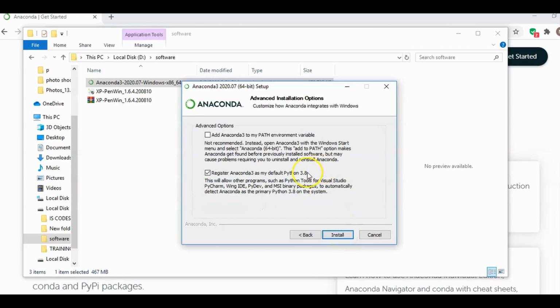Then click on next. The next page is to customize a few things. This Anaconda 3 by default installs Python. Here the version of Python is 3.8. This is a mandatory one. And this one you can either click, but it is not recommended. If you click this checkbox,